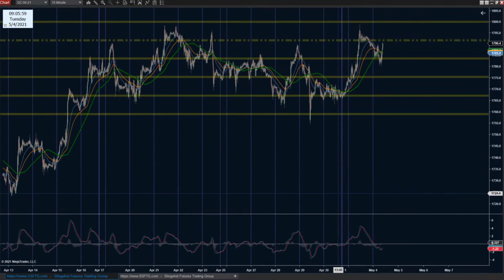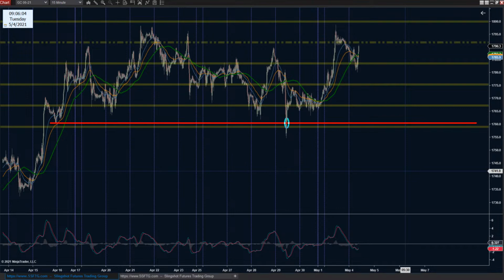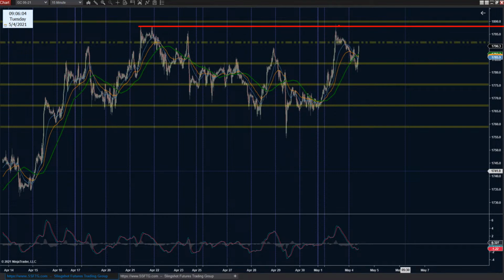Over on gold, gold does have some continued sideways action. What a surprise, right? We did get that trap underneath the lows like we were talking about yesterday. We've got this sideways range, quick little poke out, and then a continuation rally back to the upside. The highs are the major objective, which